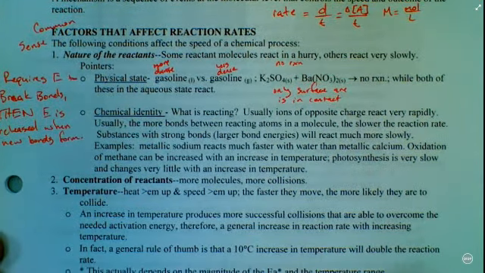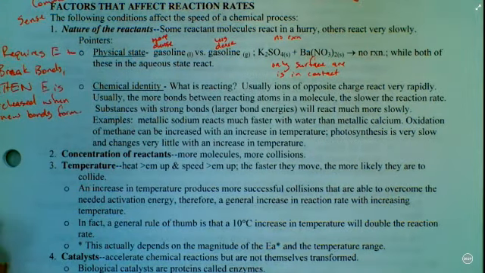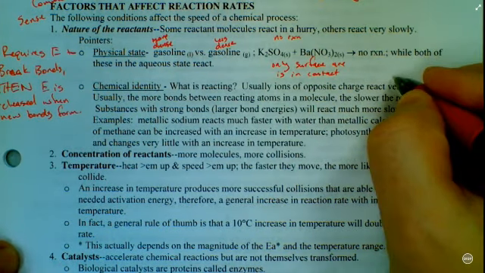So we need to take into consideration the physical state of the reactants. Also, the identity of that chemical. For example, what is reacting? Usually ions of opposite charge react very rapidly, okay, because they are using what's called